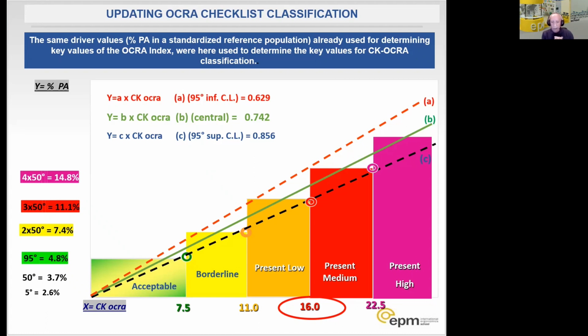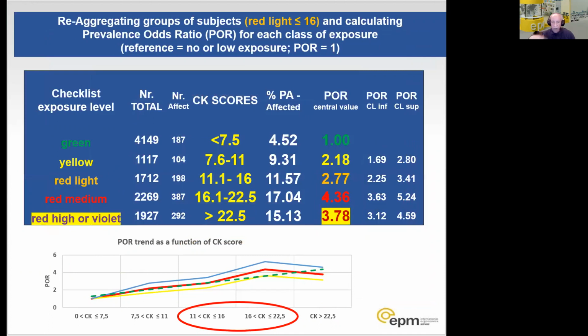Briefly, we found that all the traditional key values for the classification of the OCRA checklist were confirmed, except in the passage between red low and red medium, where a score of 16 was preferable. And so we reaggregated the groups according to this new idea with the cutoff between red light and red medium of 16,